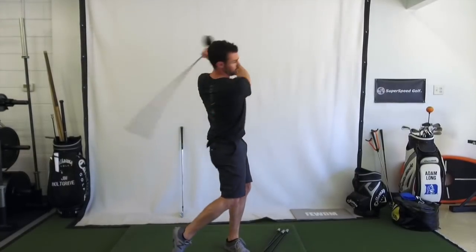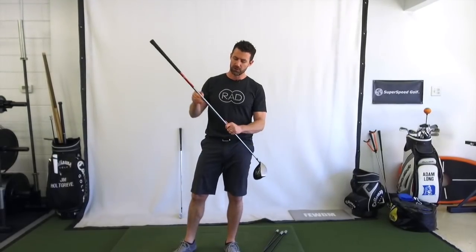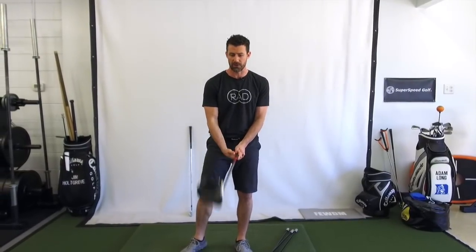So the idea is that this allows your body to move a little faster, the shaft moves a little faster, and so it's starting to teach your brain, hey, I can move faster than I normally do in that swinging motion. So you've got the lighter club, then you're also going to do some swings with just your regular driver,